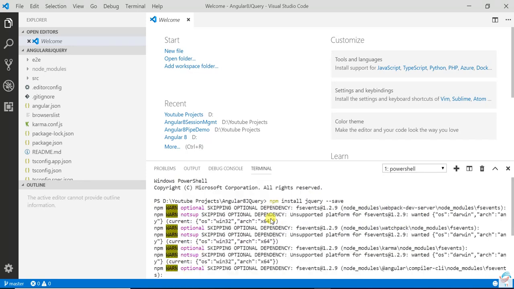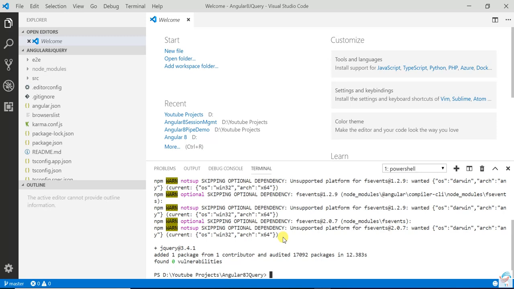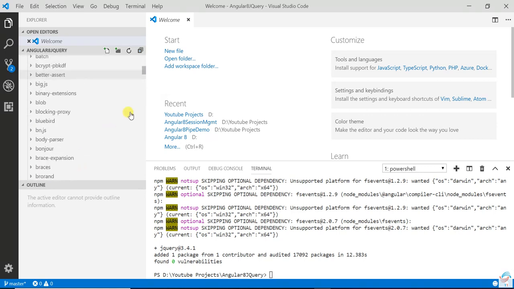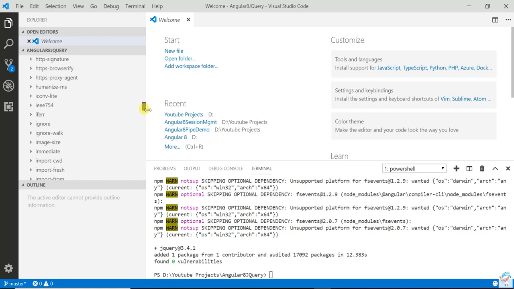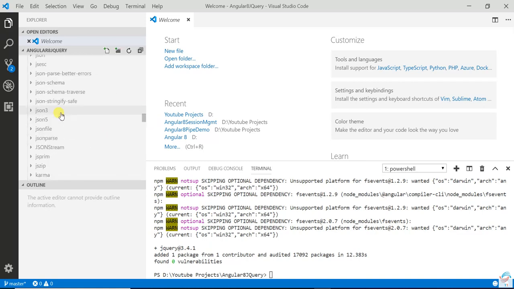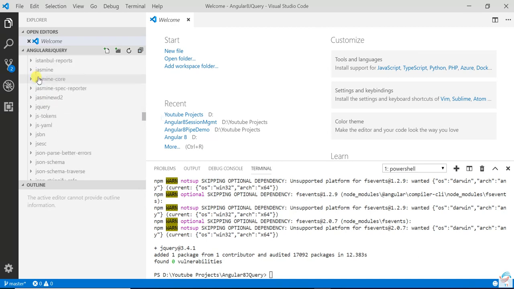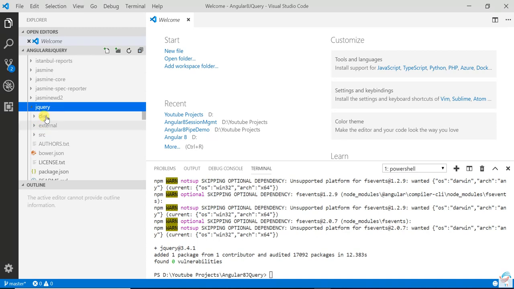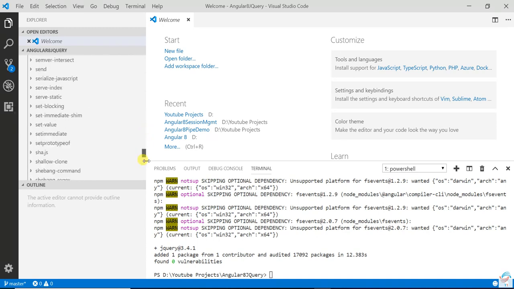Because I am going to use this package, you can find this jQuery folder package in the node_modules folder. So open the node_modules, and here you can see jQuery. This one is the jQuery, right? Now open that